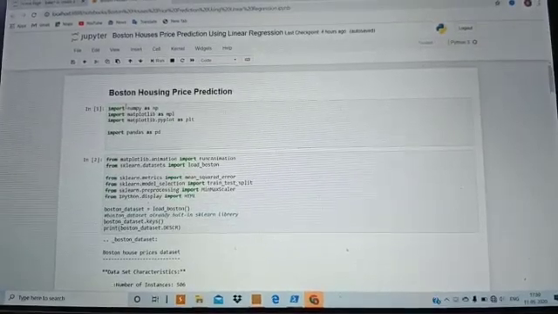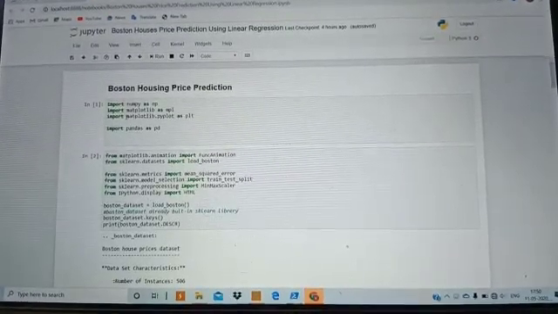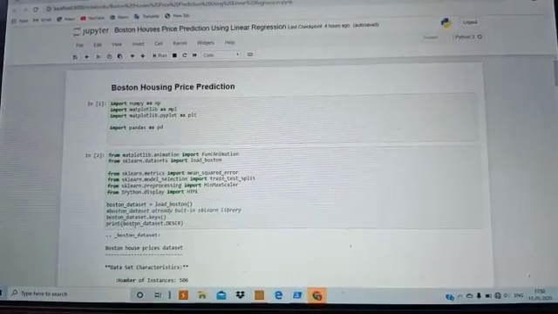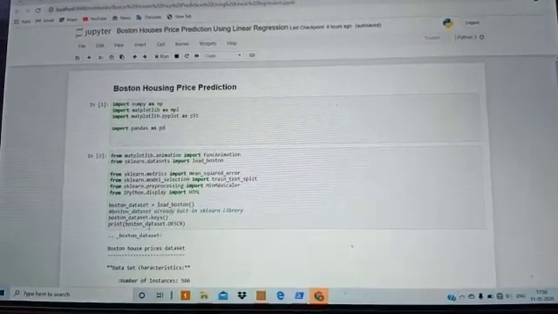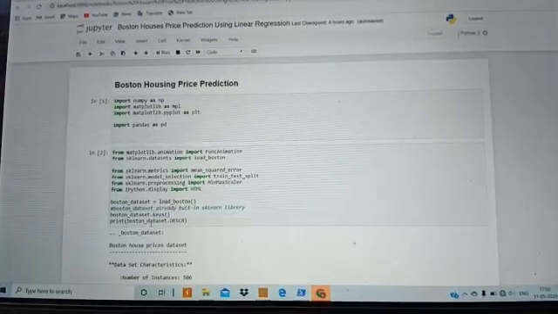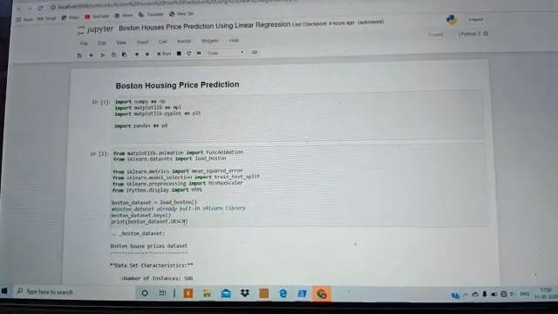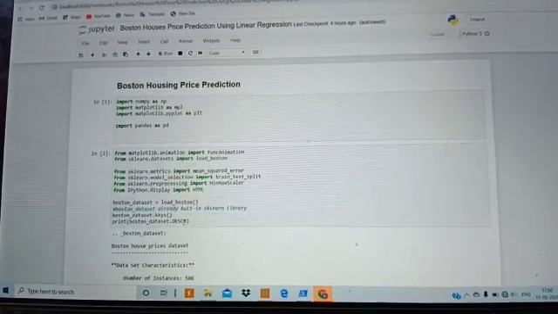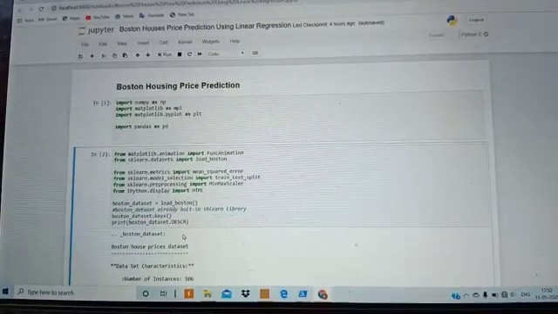Regression. First of all, we have to import the libraries that are used in Python, which are NumPy, Pandas, scikit-learn and others. Next, we have to use the Boston dataset, which is already built into the sklearn library, with the DESCR command to print the characteristics of Boston housing prices.